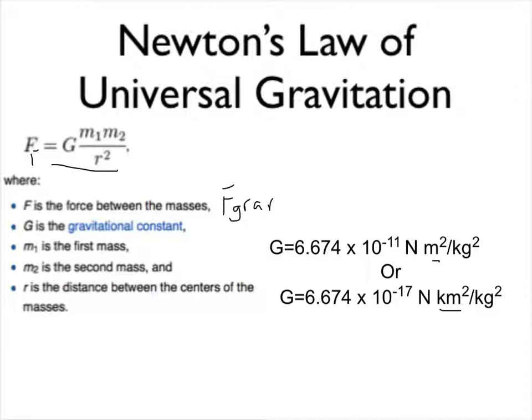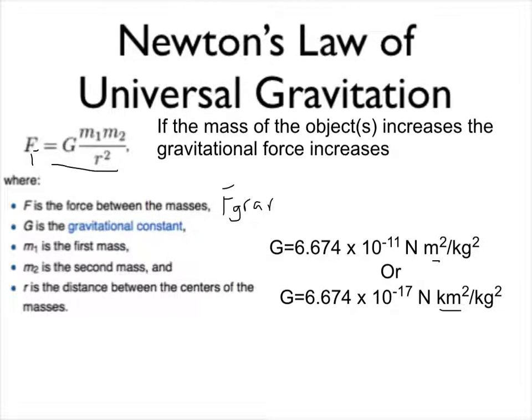Because both the force, the F, and the M's are on the top half of our fraction, that means that the gravitational force varies directly with the mass of the objects. If the mass of the object increases, or objects, because we have two objects here, then the gravitational force also